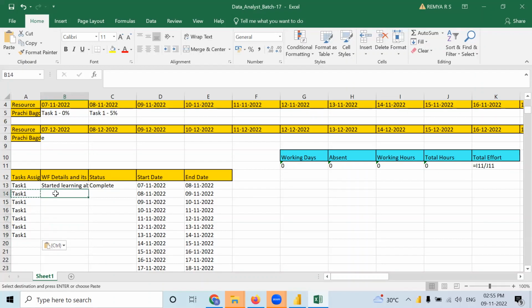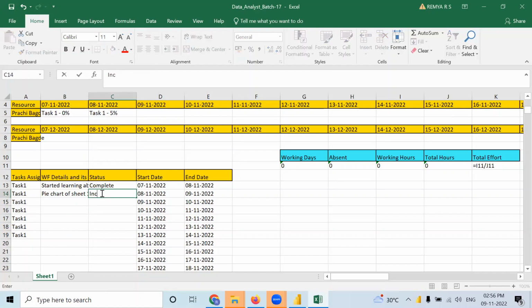Okay. And here you have to write something. Okay, 5% is done. Like you can write made pie chart of sheet 1. Something like that you can write. Okay. And if you're writing pie chart of sheet 1, and it is incomplete, you write incomplete. There is not an issue.